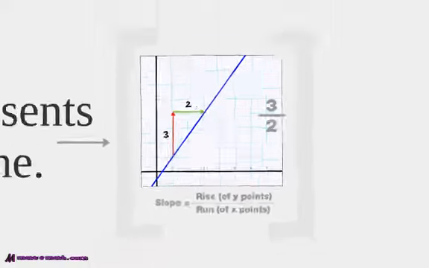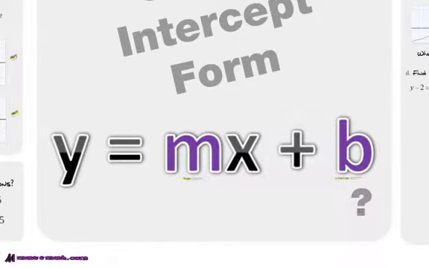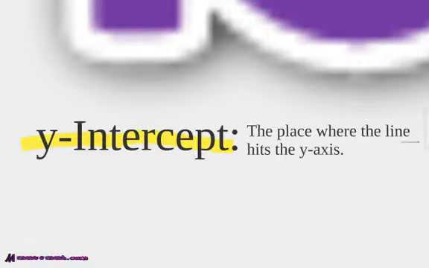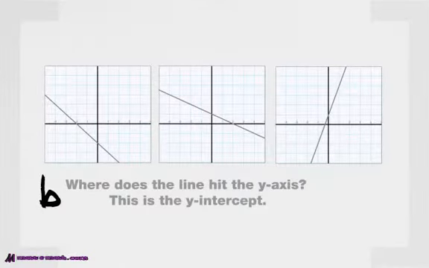Okay? All right. And then b. What on earth does b stand for? It's as simple as m is the slope. All right? b is the y-intercept. Again, no clue why we write b, but that's just how we do it in Mathland, all right? So b is the y-intercept, and it's the place where the line hits the y-axis. So look here. Here is b. b is where the line hits the y-axis. So right here,